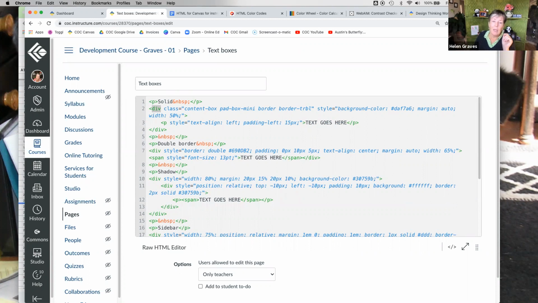So for example, if you recall, it had a green background. I'm going to change this one to be this. And then what I did in the code was I put "text goes here."